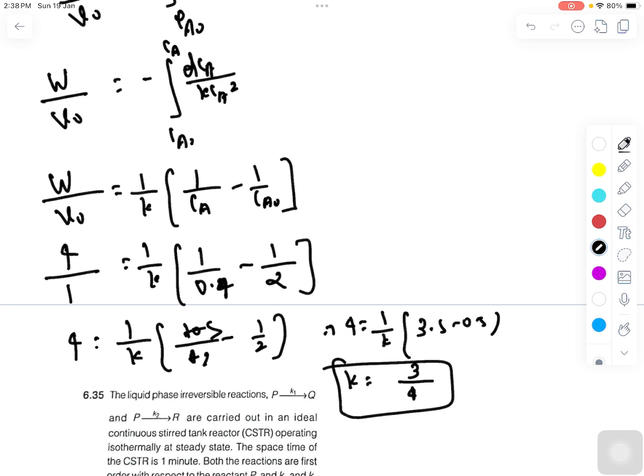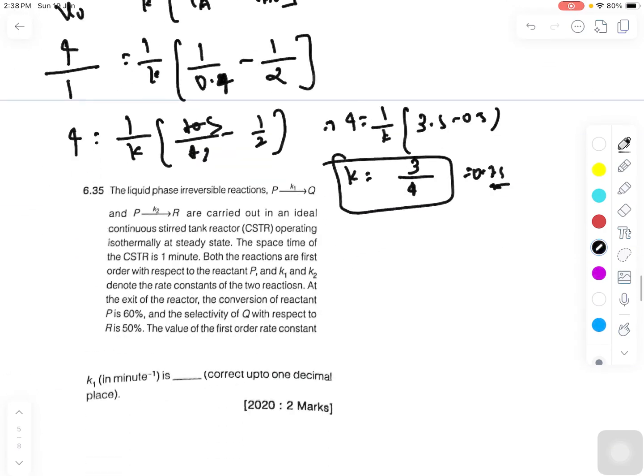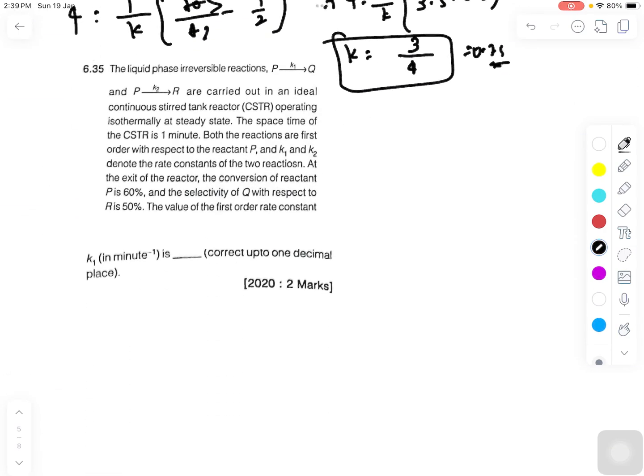That will be equal to 0.75. So this is the way that you can calculate this kind of problem. I hope this question is clear. This question was not very difficult. This is a very simple question. After that, I'll be moving towards the next problem, and the question says that a liquid phase irreversible reaction